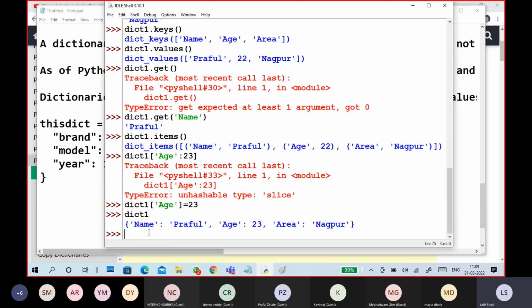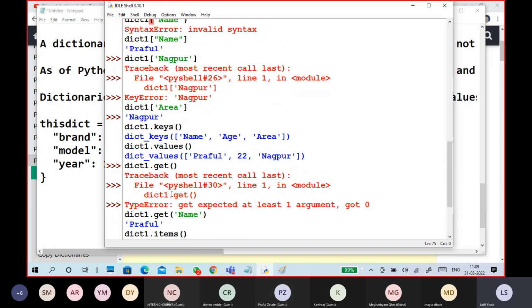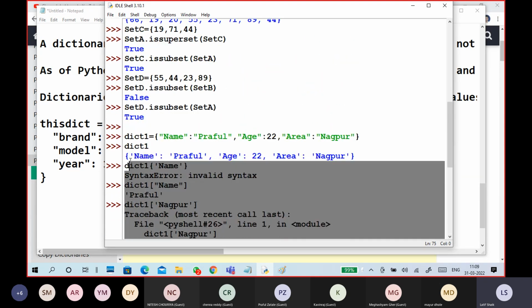Try to write correctly. If you get a mistake, then try to read the error. Otherwise our mind won't tell which is correct and which is wrong, and mixed practice will happen. See, age is changed from 22 to 23. Like that I can change the name, and you can also create nested dictionaries.